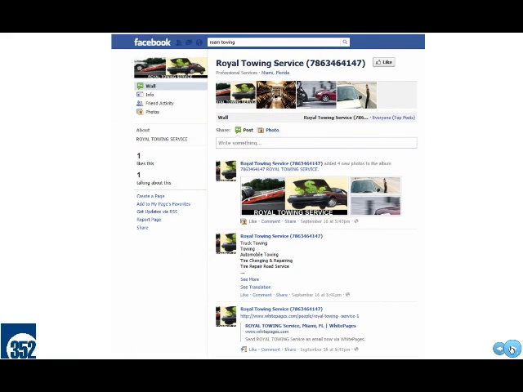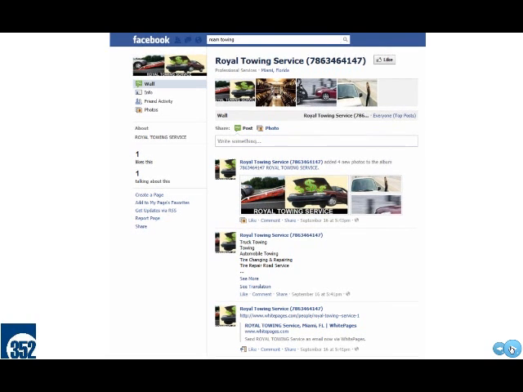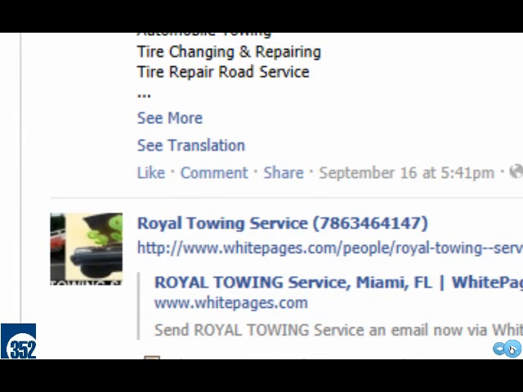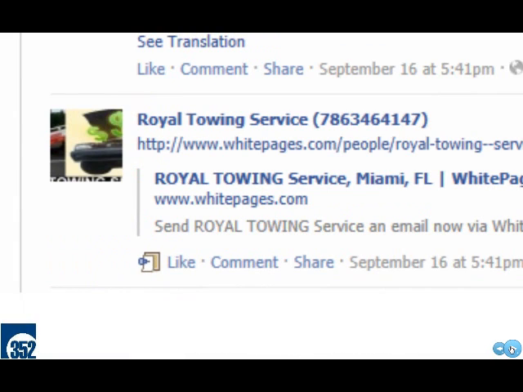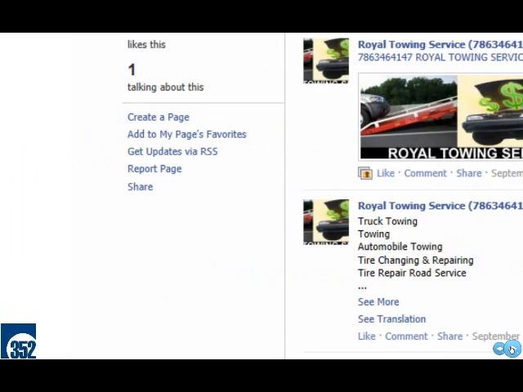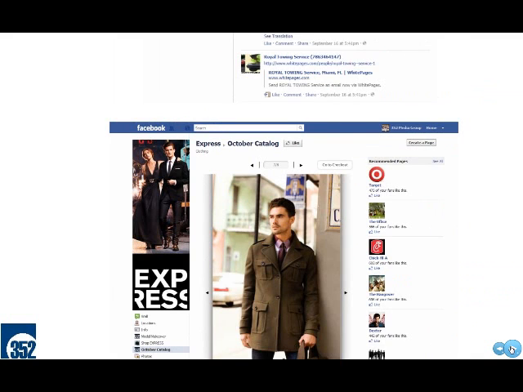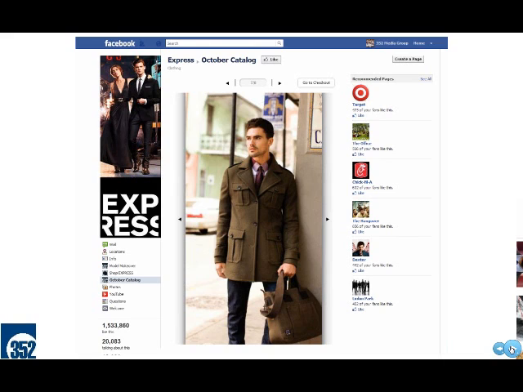Last one, I know that none of us like towing companies unless it's because you need a lift when your car dies. But this company is doing the exact same thing. They're actually just putting in some keywords and links back to their site if you click on more there and then to their website, which actually is a white pages site. And you can see the results. It's not a very engaging Facebook page. Not that tow truck services are something that you want to engage with a lot on Facebook, but really it's just showing an example of that type of relationship and how that works.